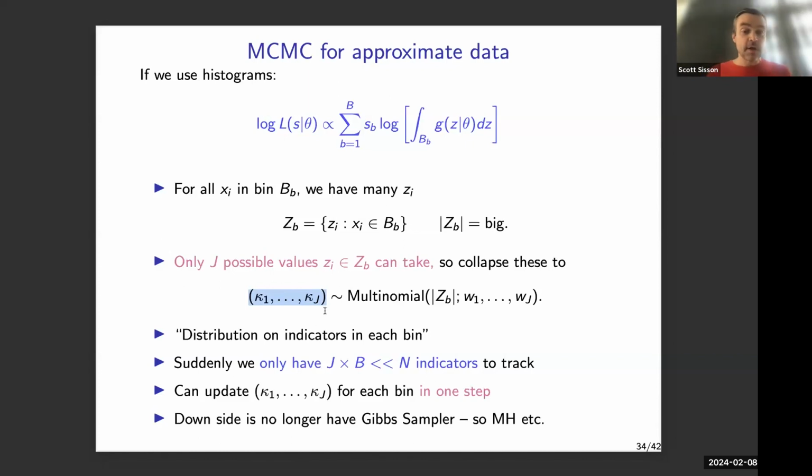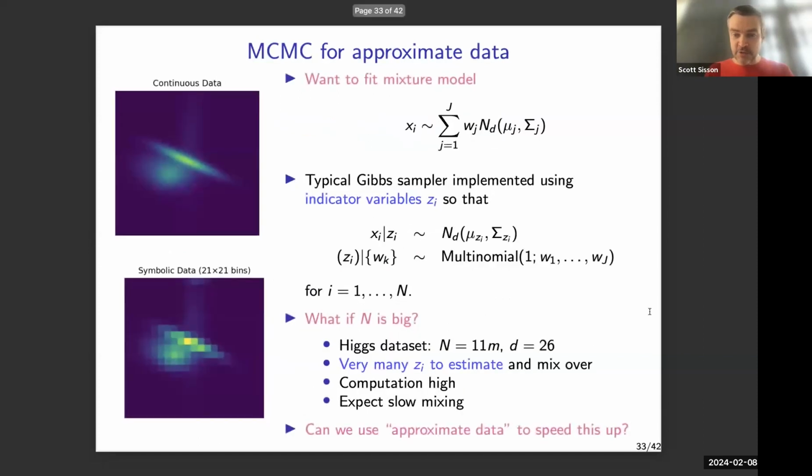So with this vector of counts, we've described the distribution of the zi's, the indicator variables, in each bin. And that's really good because, just like in this construction where the prior for zi is a draw from a multinomial distribution with weights given by the weights of the mixture components,